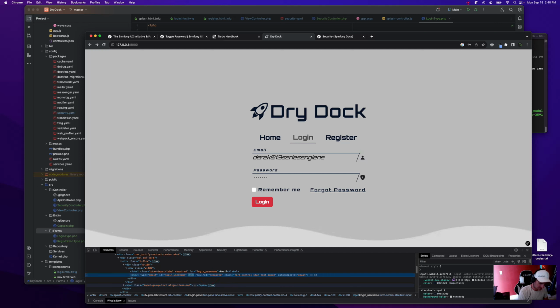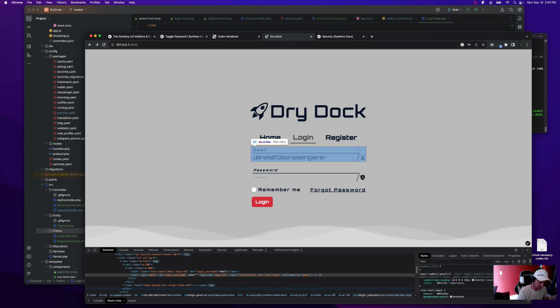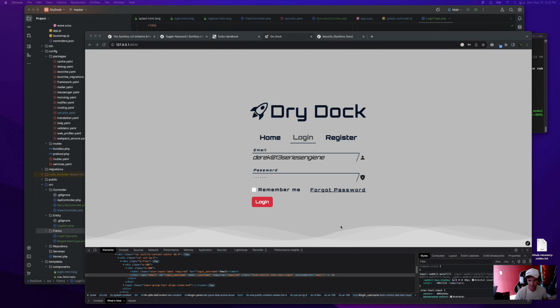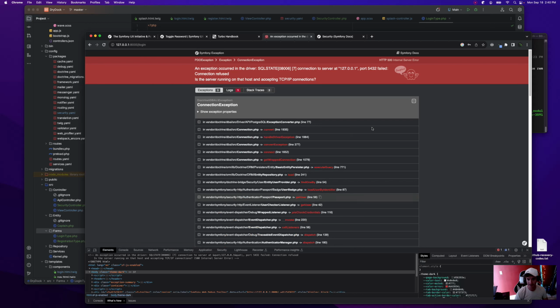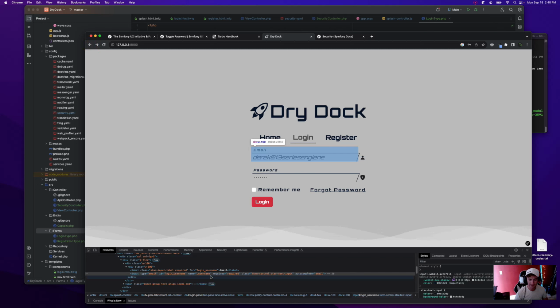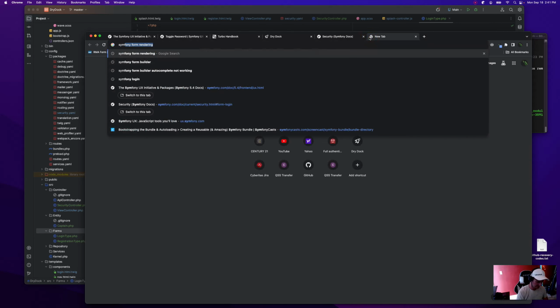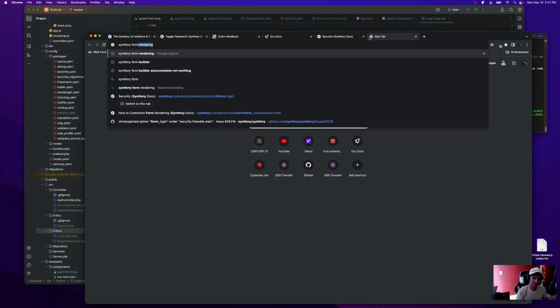I wonder if I just go. Oh. Very peculiar. I think you might actually have to write a custom authenticator. I've written a custom authenticator before. Maybe we have to do that. There we go. Okay, cool. So that's the issue. Name has to be username, but I bet in, let's see, Symfony Form Builder.